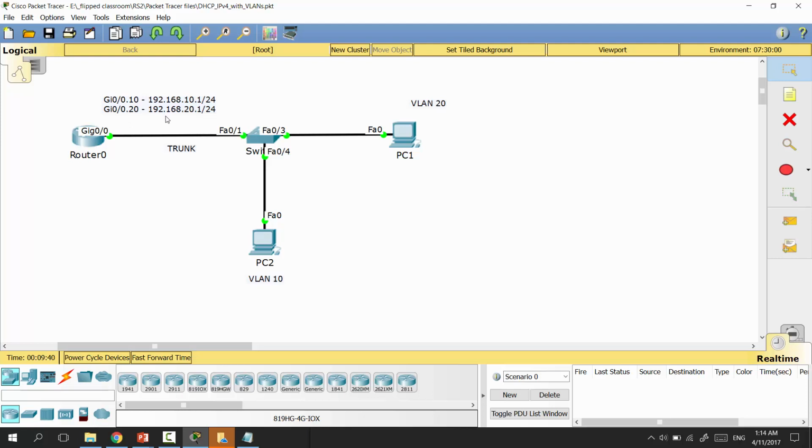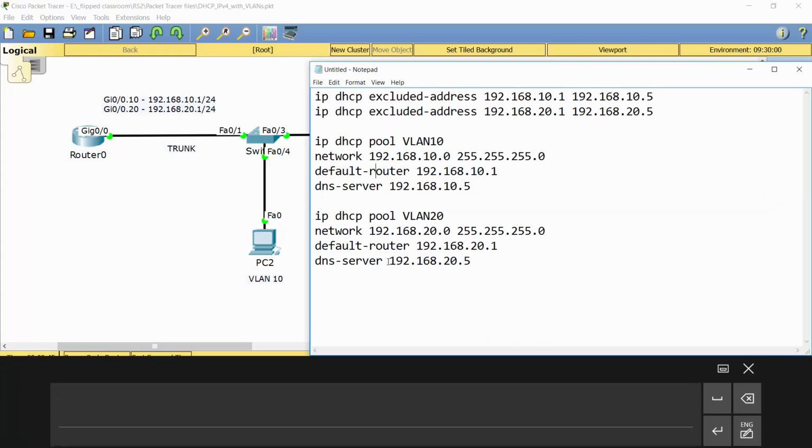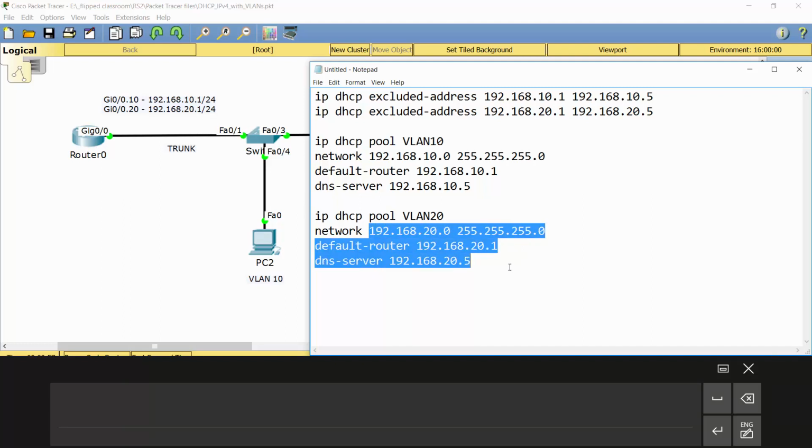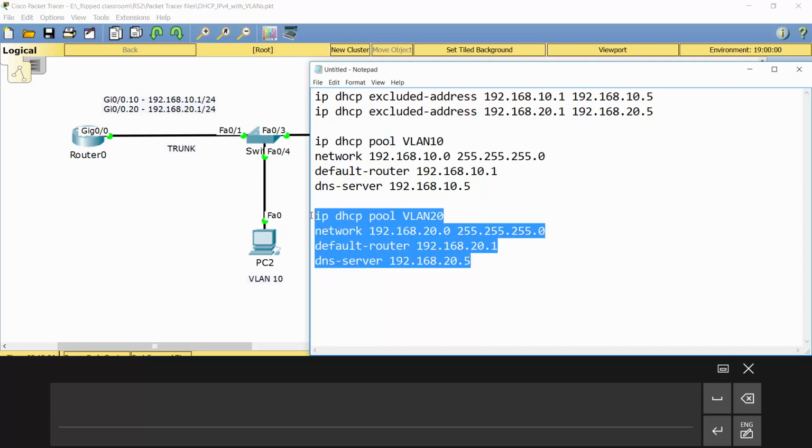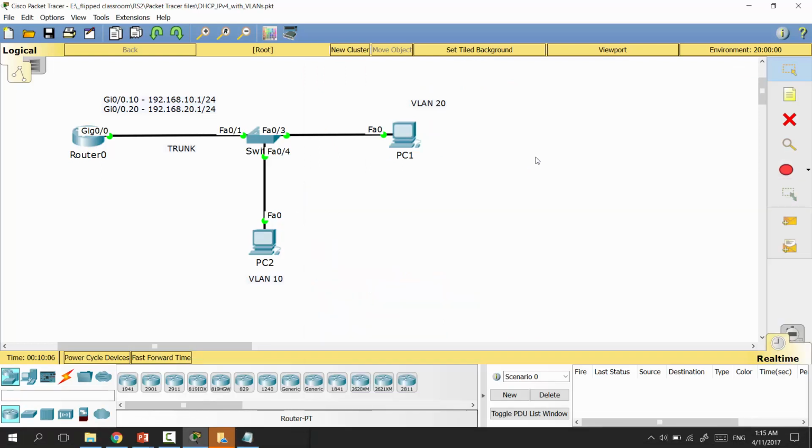And then our router understands that in our DHCP pool 20 we have, due to the fact that it came to IP address 21, it looks for network 20, and then it is distributing information out of this sub interface, exactly information about this VLAN, so that